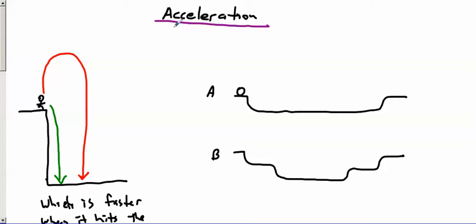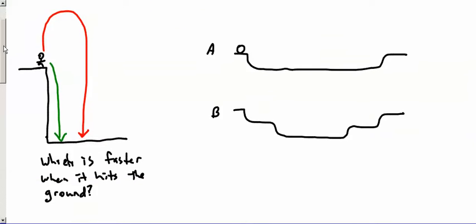All right, let's talk about acceleration. A couple of setups to start. So, this is you at the top of a cliff. You throw a ball up at a certain velocity, and then it circles around and comes down and hits the ground down here. Now you take a second ball and you throw it at the same velocity that you threw